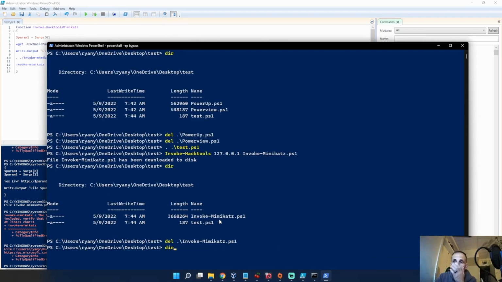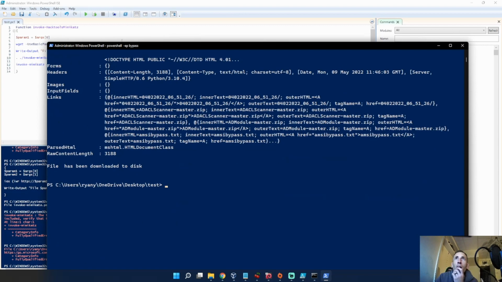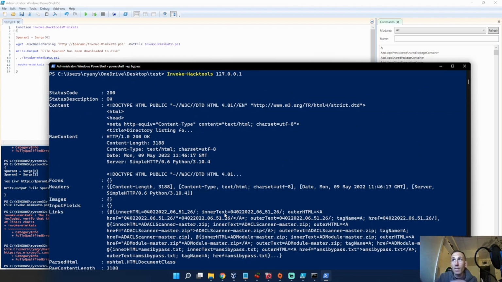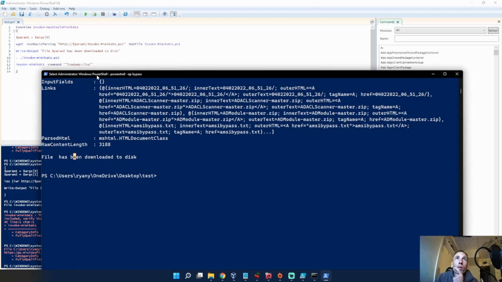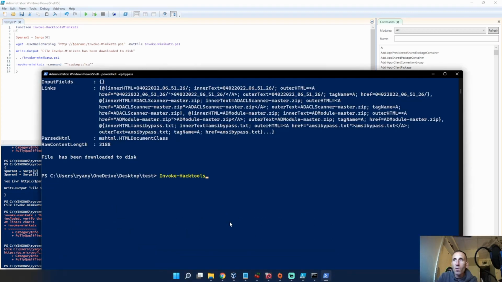So we'll go ahead and do this guy again. Oh, I should probably save him. I should probably rerun test, huh? Test. And, I mean, he's downloading. That's great, but he's not really doing anything. Let's put down this file. Invoke mimikatz. Oh, probably because it's hack tools mimikatz now, huh? Invoke hack tools mimikatz